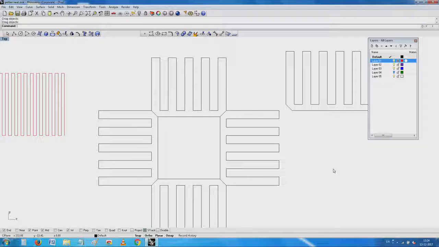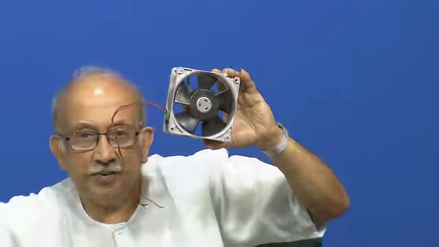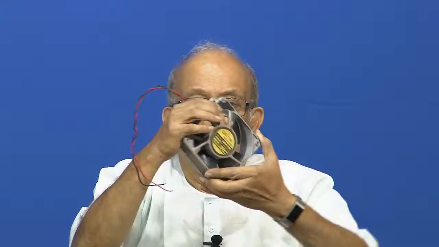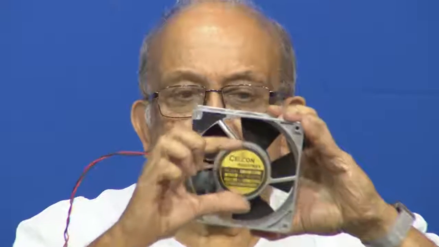Total I have 120 mm, and miraculously this fan is also a 120 mm fan. Instead of my directly just putting it here like this and then trying to live with it, I now try to see whether I can use this portion with a small square,